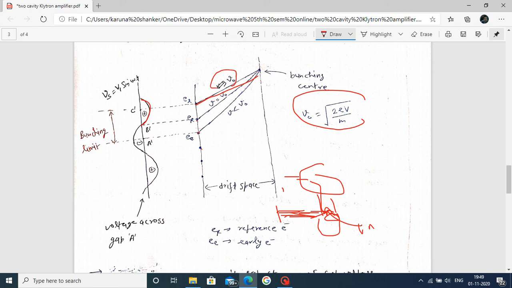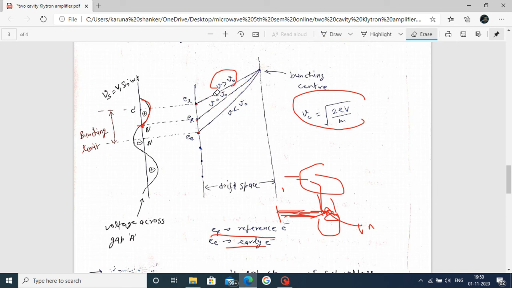This is indicated here. Now observe, when the gap voltage is 0, this is neither positive nor negative. Here the gap voltage is 0. Suppose the electron which appears in this gap voltage of 0, this electron's velocity is the same, meaning unchanged velocity, as the gap voltage is just 0. We also use the suffix r; this indicates the reference electron. Just one of the symbols used here, and we also get the late electron. This is the early electron. Just one of the symbols. You only focus on the words used here.